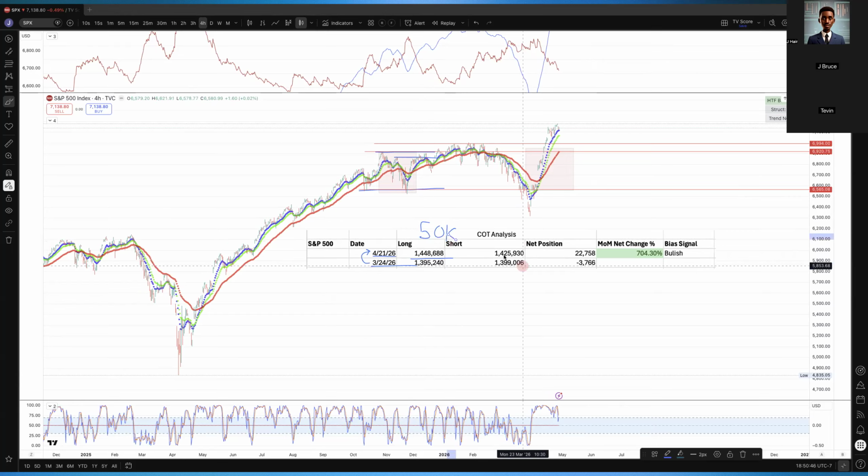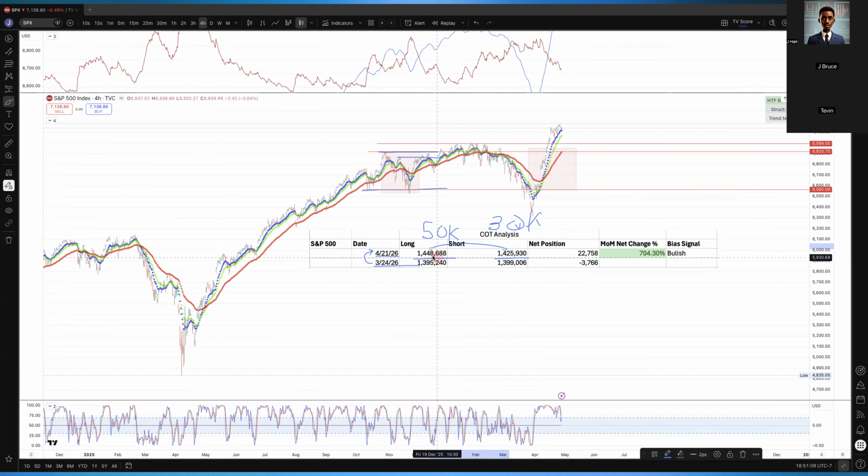All right. So this one went up 50,000 units. This one went up 30,000 units, right? So we can see we added more longs than shorts. That looks kind of crazy, but whatever. We added more longs than shorts, and also we have more longs than shorts. So it's